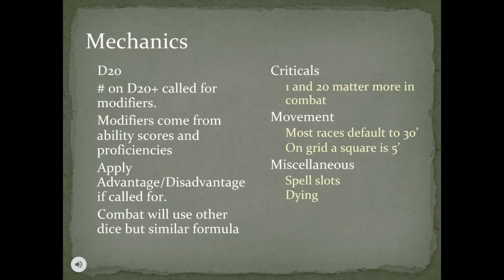So let us say you are making a strength athletics check to try and push a boulder out of the way of a door. You'll roll your d20, add your athletics trait, which should include your strength modifier and your proficiency bonus. Altogether, let's say you rolled a 13 and you have a +4, you rolled a 17 total. The DM will have a DC or difficulty class in mind, and in this case it would probably be a 15, which you beat the DC and therefore your action is successful. These modifiers are your strength athletics. As I said, they come from proficiency and your ability score.